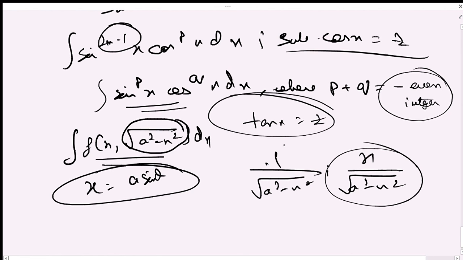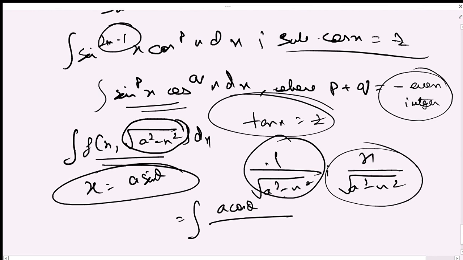For example, if you have a function of this type, assuming x equals a sin theta will change the integration into, so a sin theta, its dx will become a cos theta, and in the denominator the a will come out, and 1 minus sin square theta will give you cos theta. So they will eventually cancel out to give you, and a cos theta d theta, here is now, so this becomes theta plus c. What is theta? Theta is sin inverse of x over a plus c.